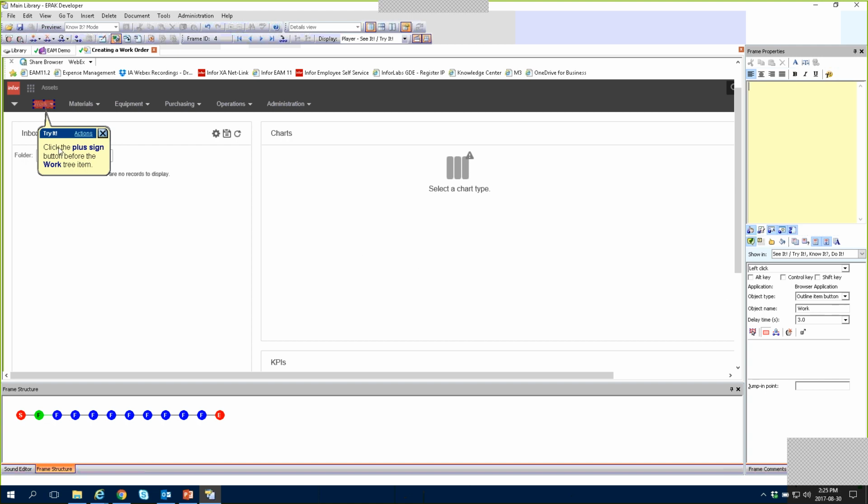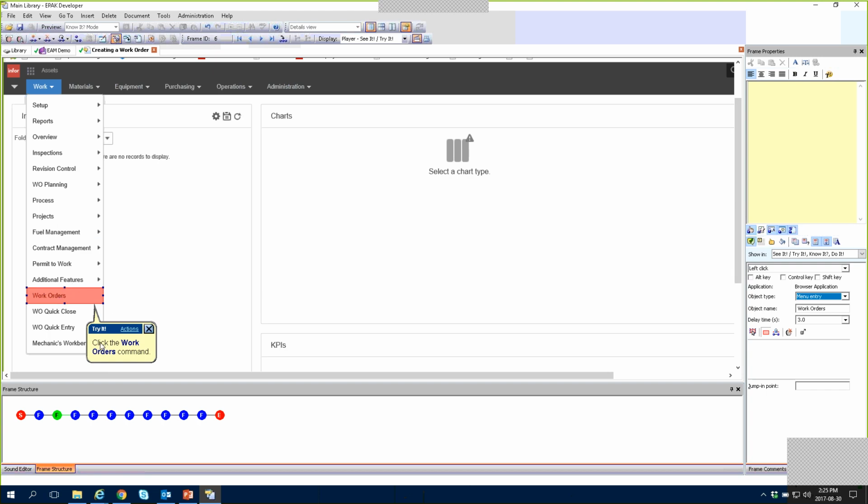But if I want to modify this automatic text a little bit, I can easily change the object type by just clicking the down arrow beside object type in the frame properties and just choosing a different object type. So I'm going to choose one called menu. And you'll notice the automatic template text changes based on the changes I made within the frame properties panel. Okay, you'll also see that the red highlighted area has these little blue anchors that you can grab to make a little bit bigger or a little bit smaller if you want. Okay, and then when you've done that, you just move on to the next